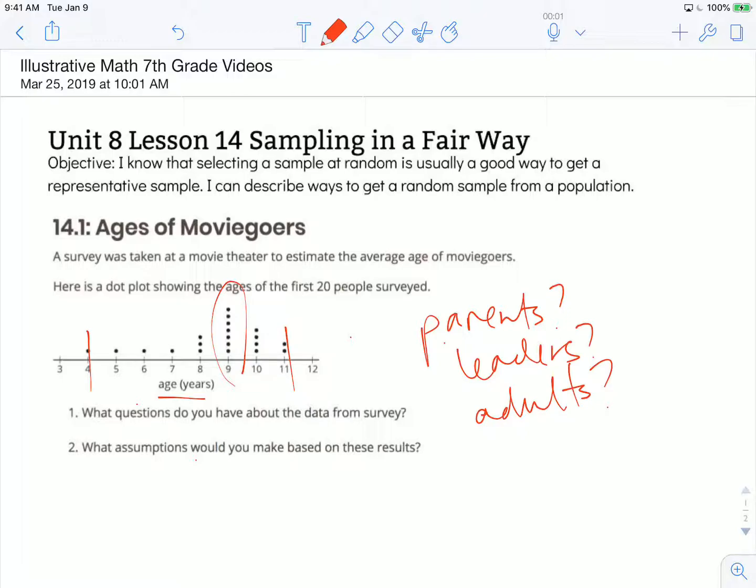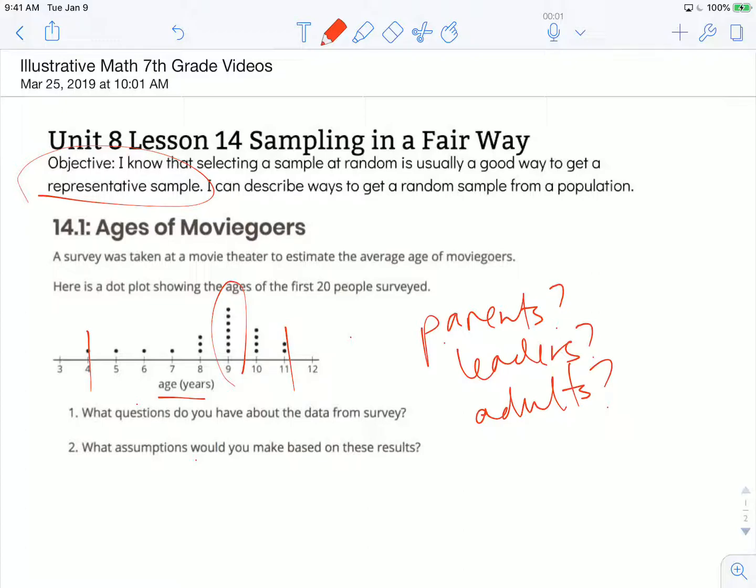So when I think about this being a representative sample, I don't think this is a representative sample, because if you think about the movie theaters, usually there's an adult for every child or every 2 or 3 or 4 children, because most families that are really large can't afford to go to the movies anyway. So to be at the movies, you probably have a smaller family, so there should be at least 10 or so adults with the number of children that are surveyed here. So I don't think this is a representative sample of what you would typically see at a movie theater.